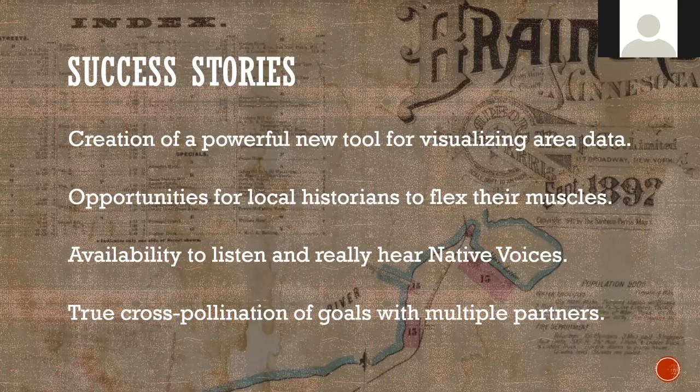We want individuals to be able to gain access and use this for their own research purposes, and ultimately this information will be shared and housed at the Office of the State Archaeologist and at the State Historic Preservation Office, and will be used primarily by Camp Ripley as part of the Camp Ripley Sentinel Landscape Advisory Team. So, one, we produced a big new tool that everybody can use when they're looking at visual data, spatial data